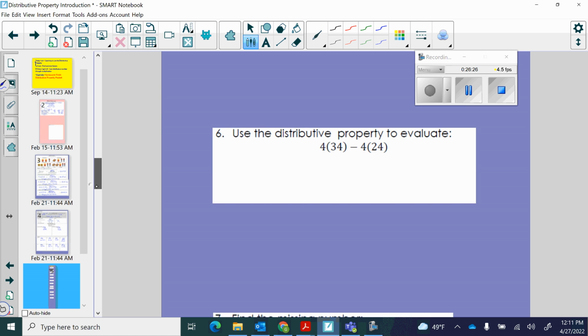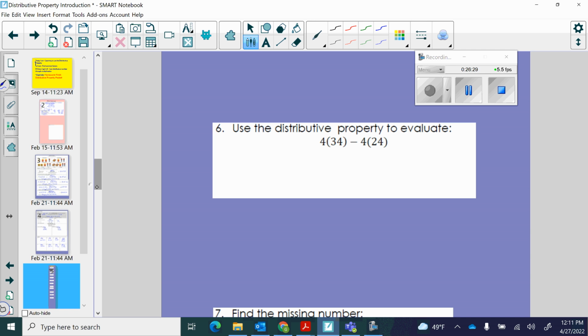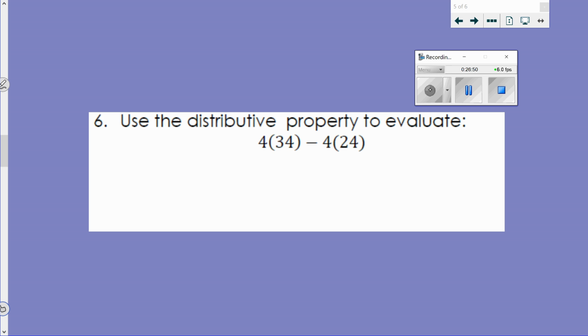Number 6. This one, they want you to use the distributive property to solve. Here is my hint. This is always the second step that we do. We break it into the terms. Go backwards to the first step and see what you see. Okay, guys, let's take a look at this one. Again, I said your hint was take a step back. So if I actually did this as 4 times 34 minus 24, you guys should all be able to do that, right? 34 minus 24 is 10. 4 times 10 is,